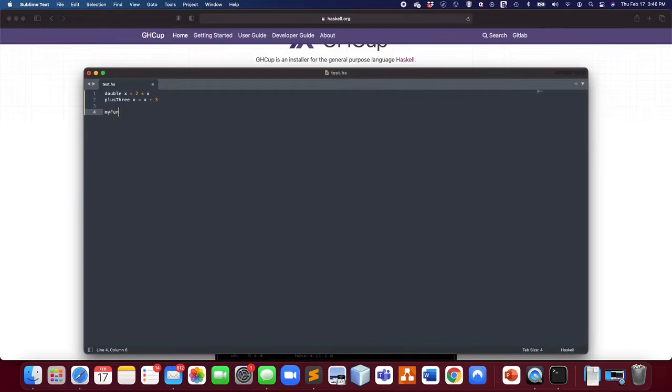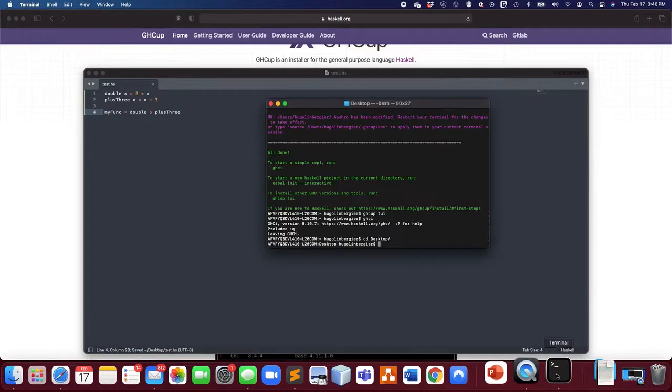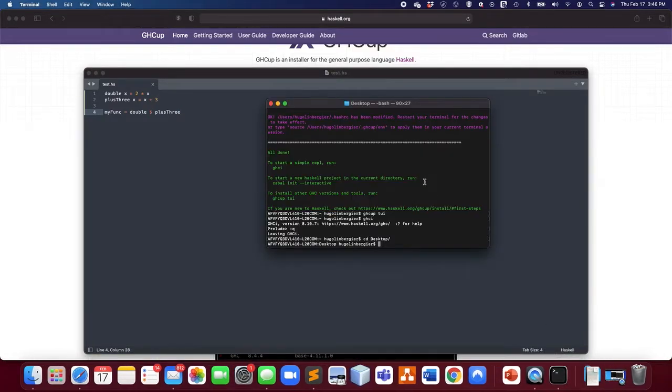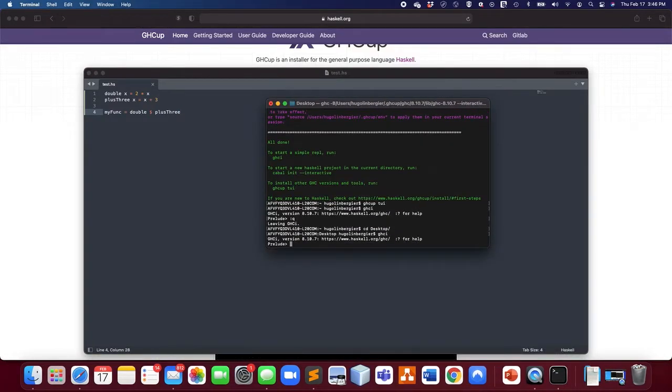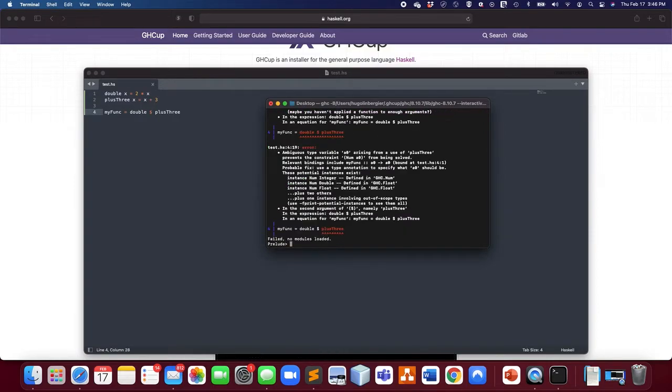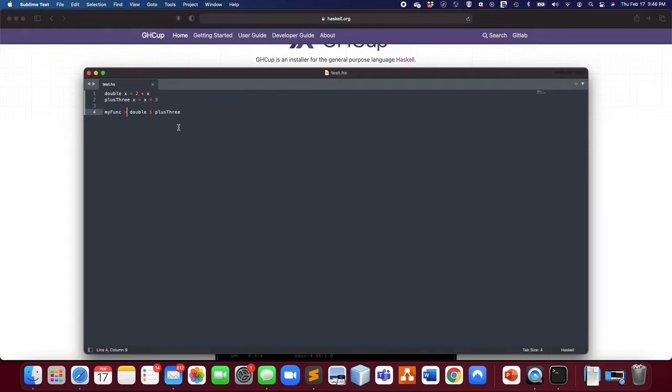And func x equals double. Actually, let's make it just write like that, plus 3. And now I can run GHCI from the desktop, and I should be able to load test.hs. Oh no, it doesn't work because I need to